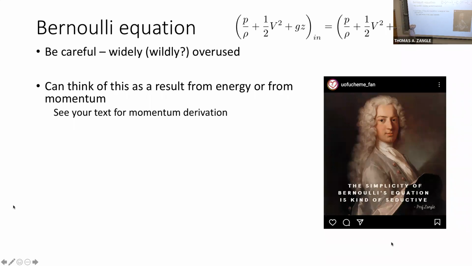A note on this. This expression is traditionally derived from the momentum balance. We develop mass, momentum, and energy balances, and in your textbook, after developing the momentum balance, you go in and derive Bernoulli from momentum. That's a possible way of doing it, but it's a lot harder. It's not something that's done in 5 minutes in class. I think it's a lot clearer to think of this as a result from energy, but if you want to be aware, you can also get to the same place from momentum.